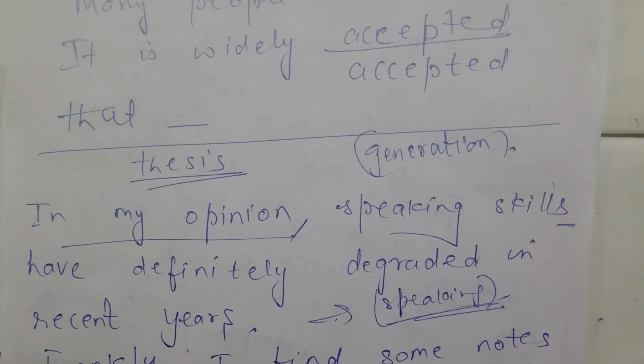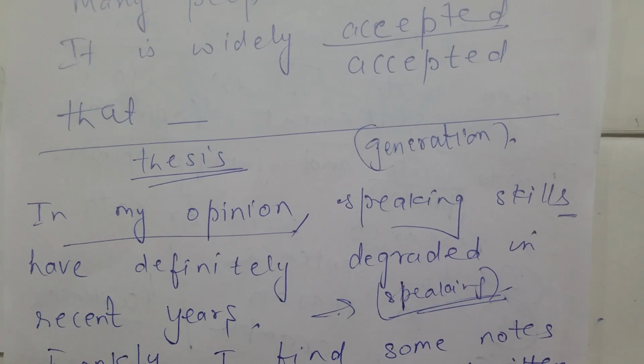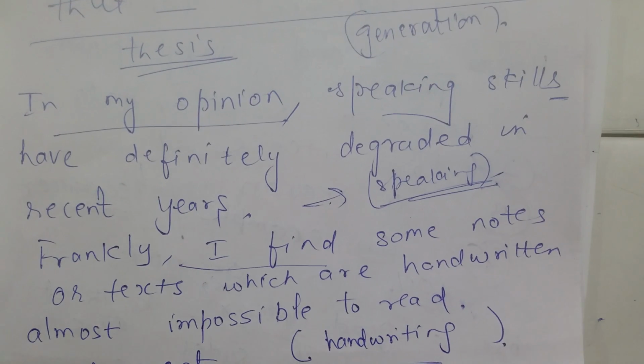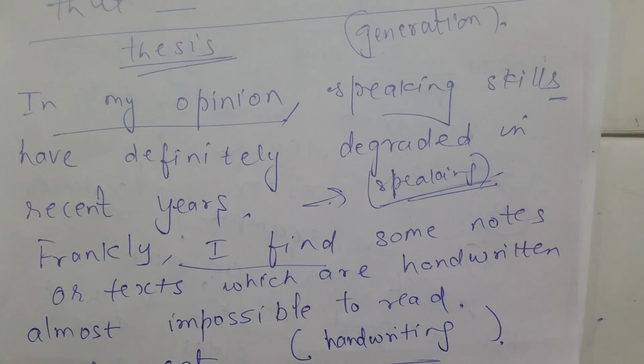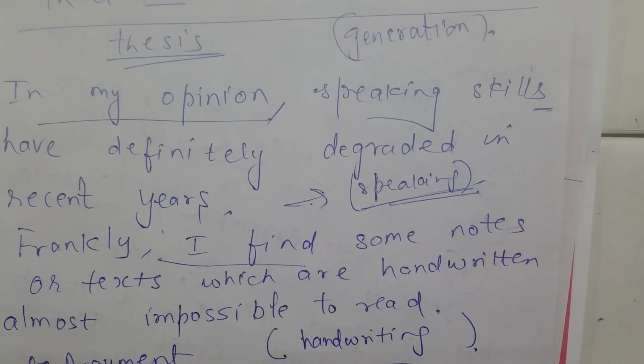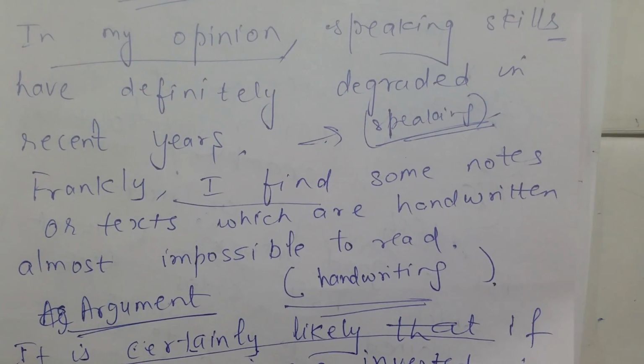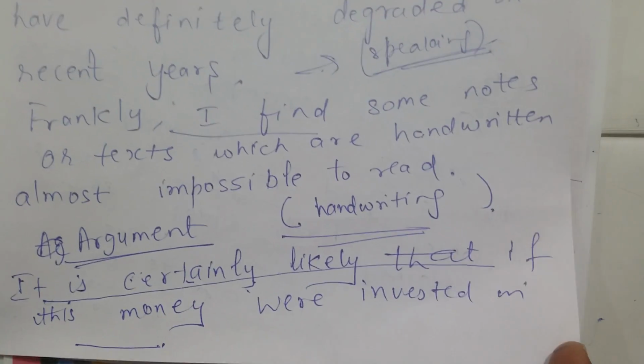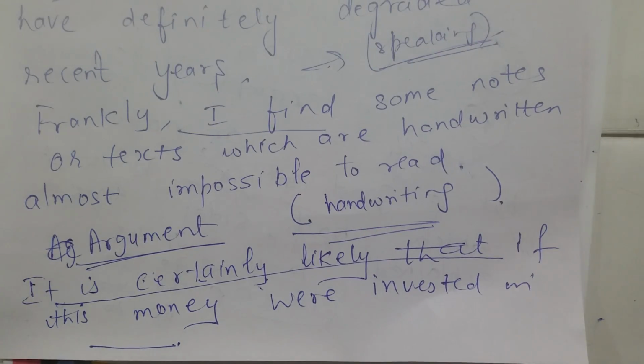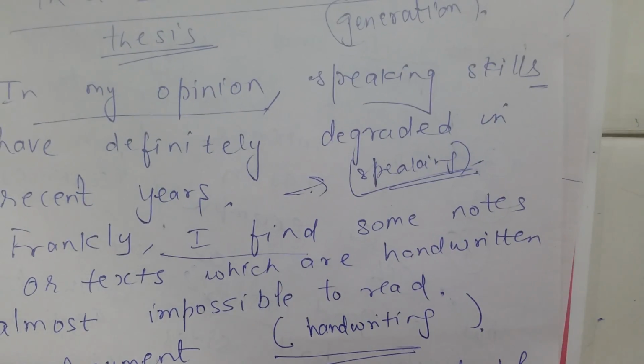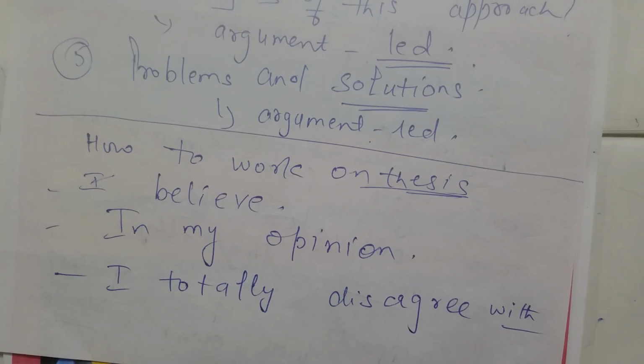अब थीसिस, जो मान लो मैं जनरेशन के ऊपर टॉपिक लिखता हूं, तो मैंने थीसिस का एग्जांपल लिख दिया, इन माय ओपिनियन। इन माय ओपिनियन लिख के मैंने अपना एग्जांपल दे दिया, स्पीकिंग स्किल्स हैव डेफिनेटली डिग्रेडेड इन रिसेंट ईयर्स। इसी तरह मैंने कहा, फ्रैंकली आई फाइंड सम नोट्स एंड टेक्स्ट विच आर हैंड रिटन ऑलमोस्ट इम्पॉसिबल टू रीड। तो ये बात कह दी। जब मैं आर्ग्यूमेंट में चला गया तो हैंड राइटिंग के ऊपर टॉपिक है, जब मैं कह दूं कि कंप्यूटर की टाइपिंग अच्छी है जो हैंड, तो मैंने लिख दिया, इट इज सर्टनली लाइकली दैट इफ दिस मनी वर इन्वेस्टेड। तो ये चीजें आ जाती हैं आपकी। तो इस तरह आपकी लैंग्वेज जो है चेंज होगी, आपके सामने है, राइट।